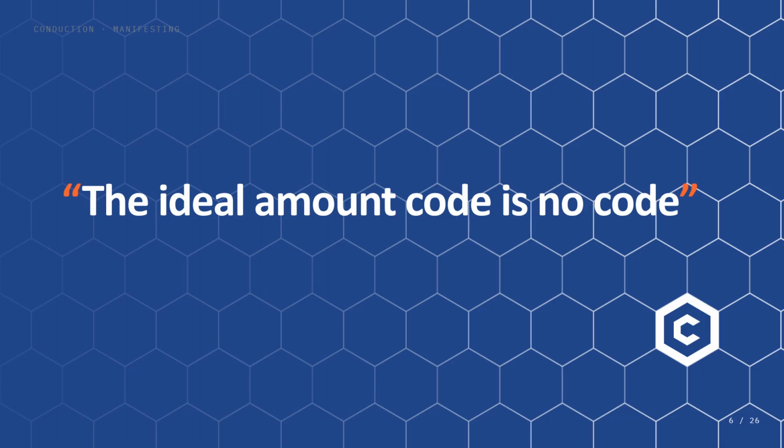And let's face it, any line of code is a potential security vulnerability and a potential bug. So that makes it very blunt. The ideal amount of code is no code. If we do not want to have bugs, we do not want to have code. If we do not want to have security vulnerabilities, we do not want to have code. Okay, so that gives us a problem. How do we make an application without code?